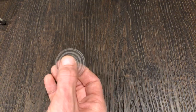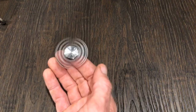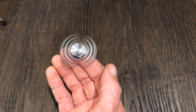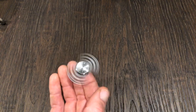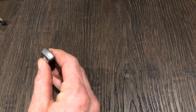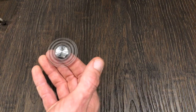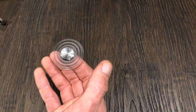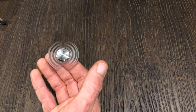Speaking of the bearing, this is the bearing that came in this thing, and it's the only fidget spinner I've ever had that I didn't want to try to replace the bearing or figure something else out. I really like this bearing. Somebody on one of the Facebook spinner groups said that bearing is junk, and if you like that bearing, then you don't know what you're talking about, and One-Drops are the only good bearings. And I'm just like,